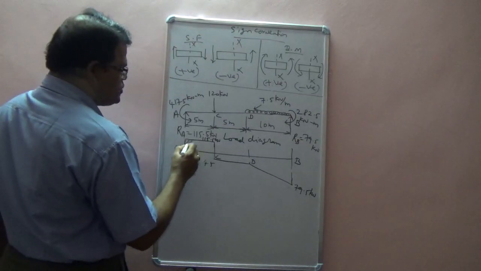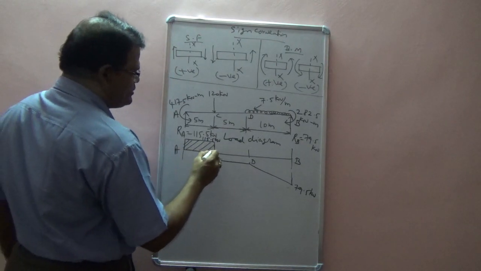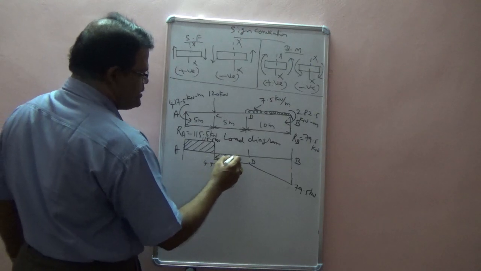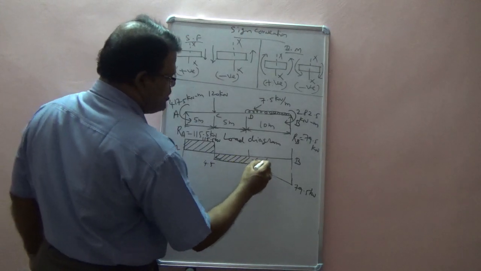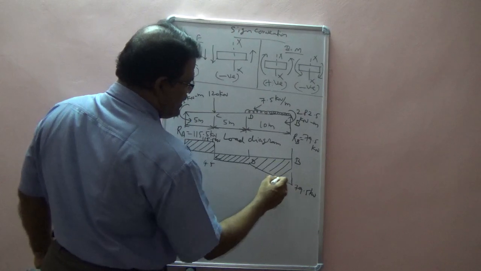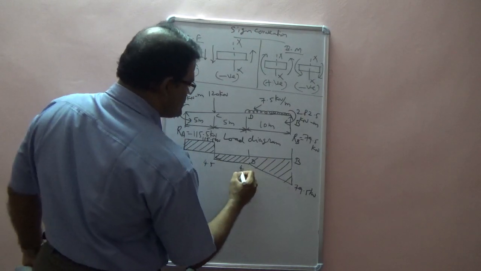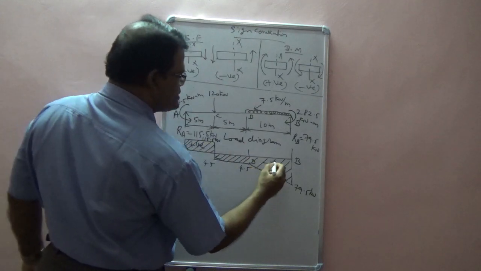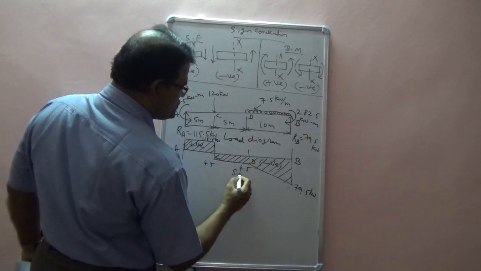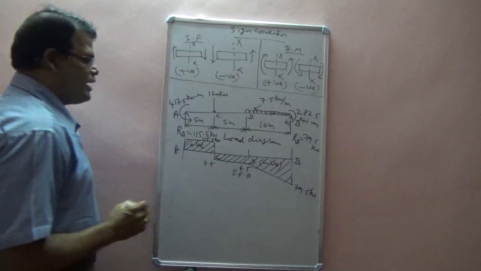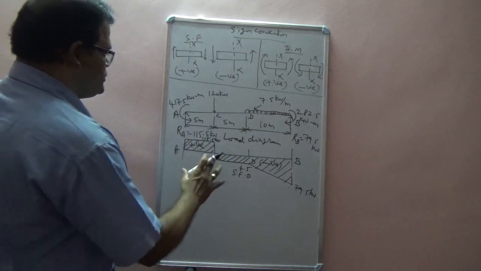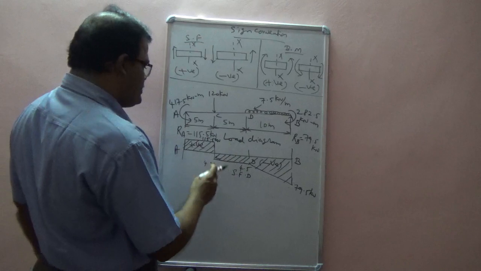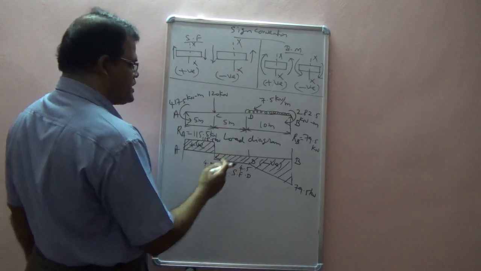So I cross hatch all these areas. So this is positive, and here it is negative, and all this area is negative. Okay, this value is 4.5. So this is positive, and here it is negative shear force diagram. Okay, now, so that's all. Very simple. You have to verify what is the left side, what is the right side.